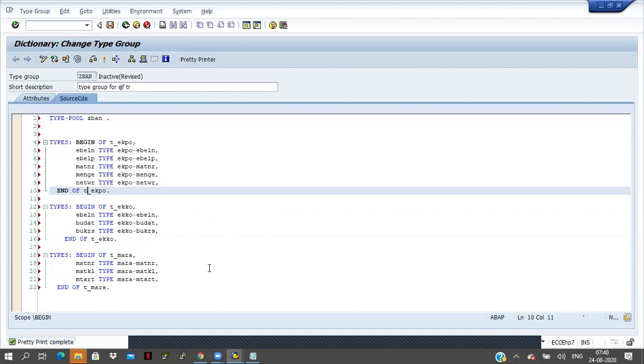Okay. So I am declaring n number of types in a single place. Okay, that is here type group. I am saving this one. Check this one.